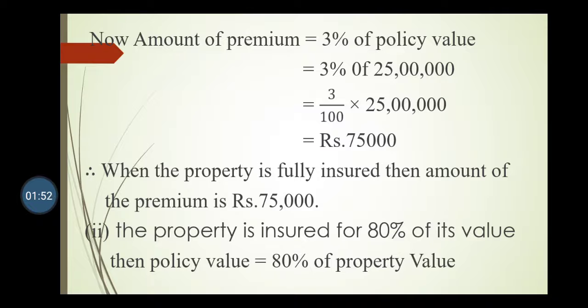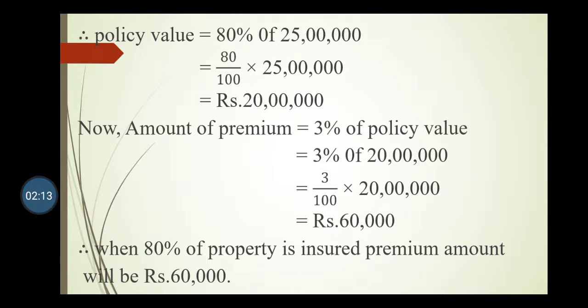So now we will find the premium for the case when only 80% of the property is insured. The property is insured for 80% of its value, then policy value equals 80% of property value. Therefore policy value equals 80% of 25 lakh, that means 80 upon 100 into 25 lakh,